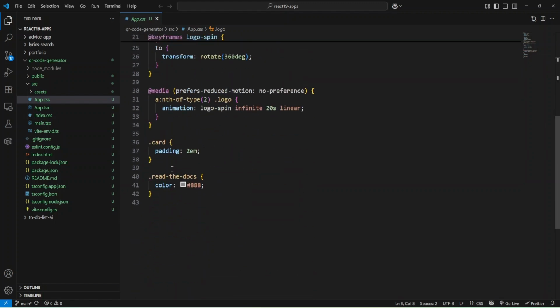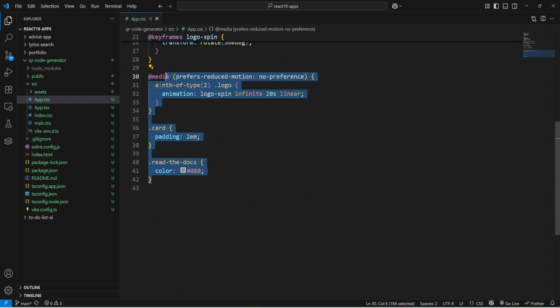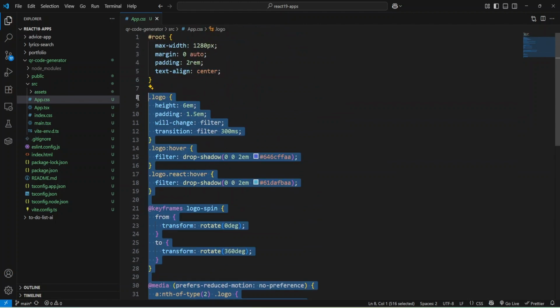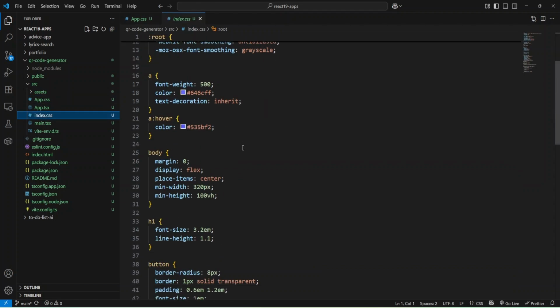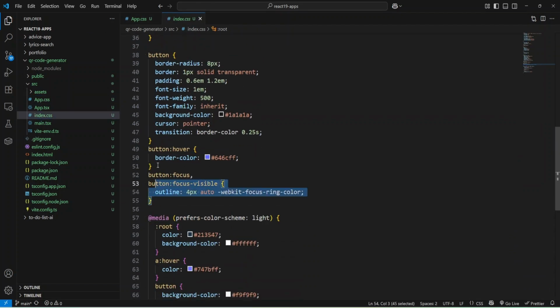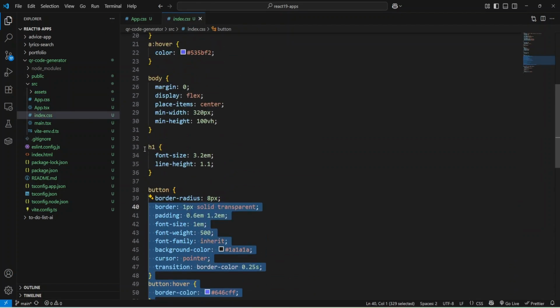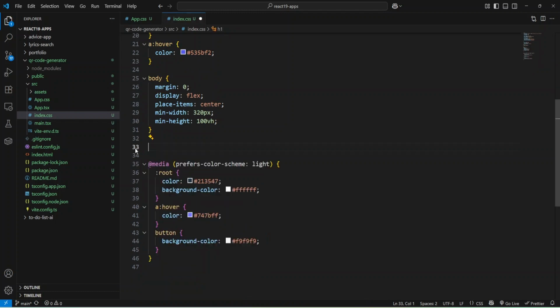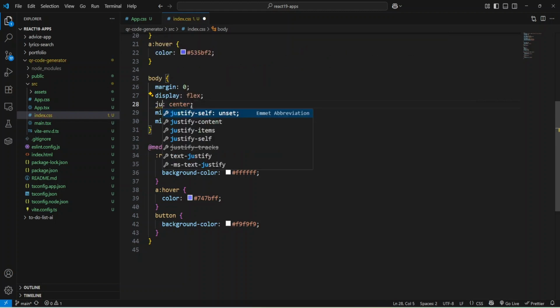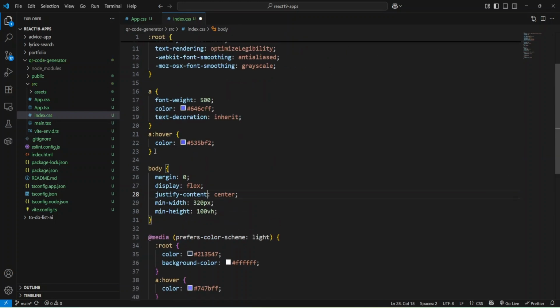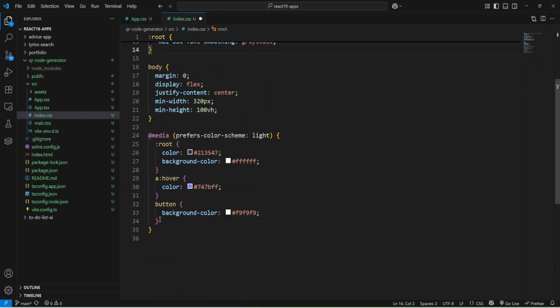I'll remove all styles except the root element from App CSS, and also in index CSS I'll remove most styles. We'll leave body and change to justify content. Okay, and also remove a, and also remove the media queries.